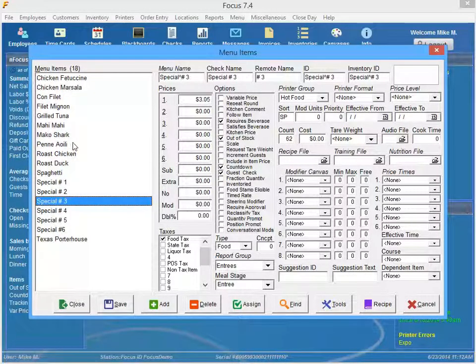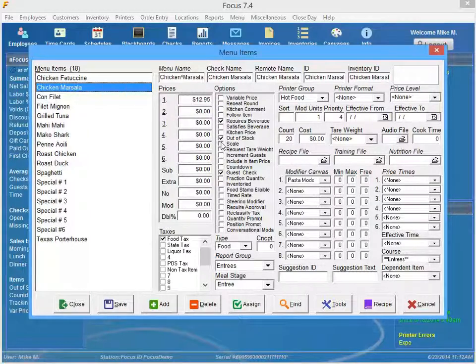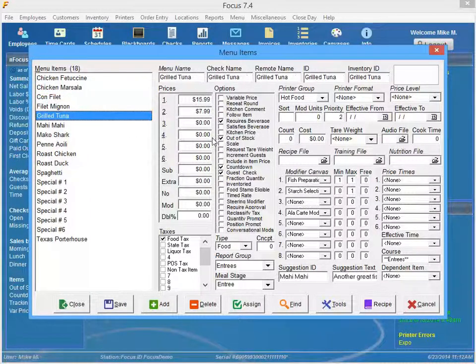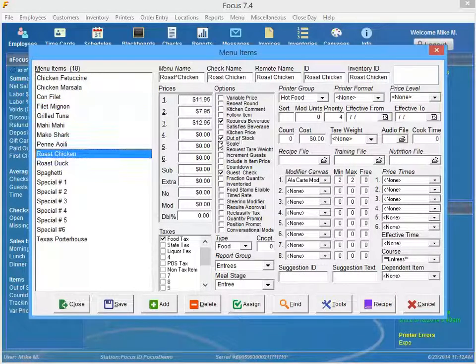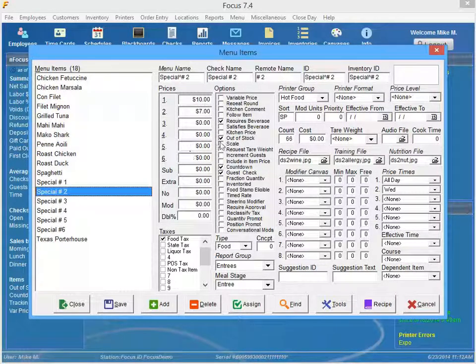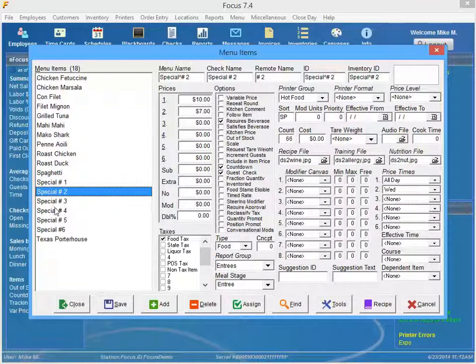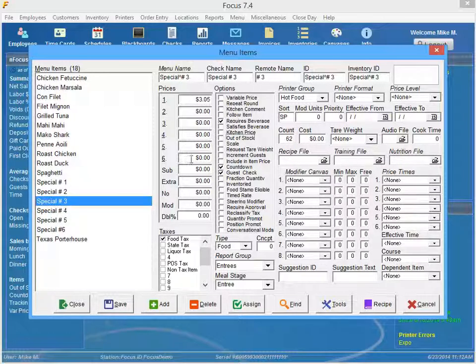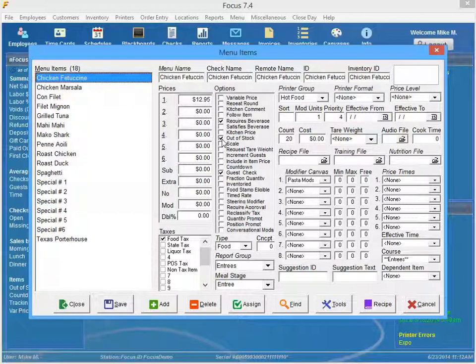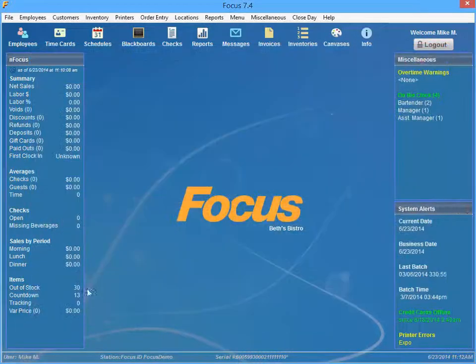And then for the items that you want to have available today or for the week or whatever, just go ahead and mark them not out of stock. And if you want, let's say you have a certain number of special number 362, you can put in a count, and you can also mark countdown, and on the report that will actually show how many you have of these items. So we'll go ahead and do chicken fettuccine, and then you just hit save and close. So we've just basically said these are the items that we're going to have today,